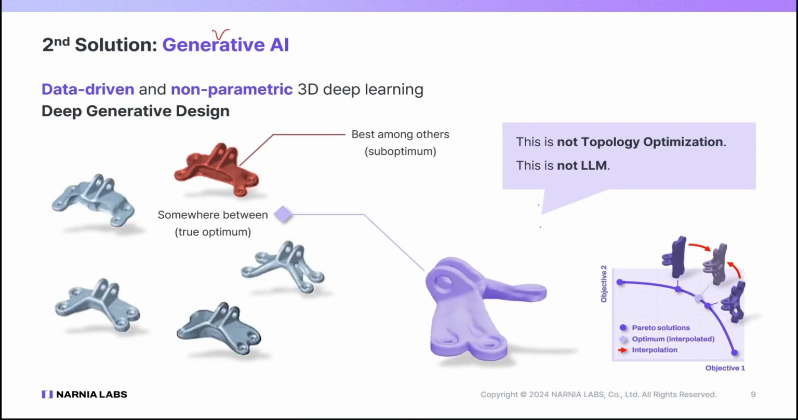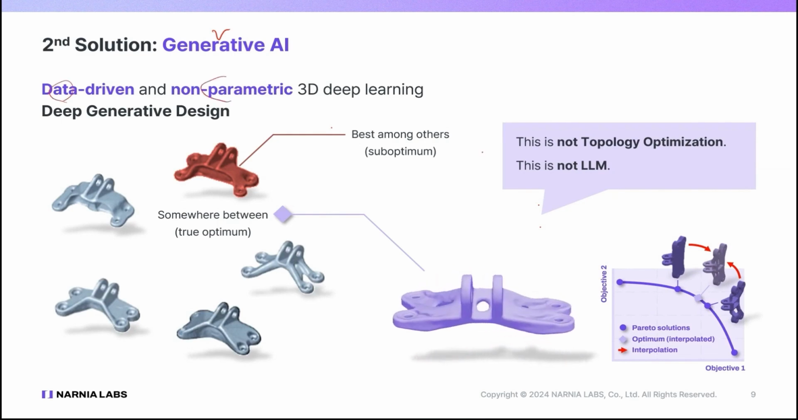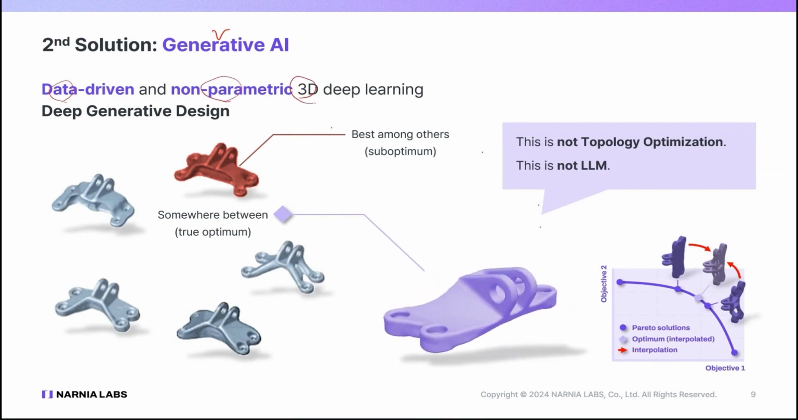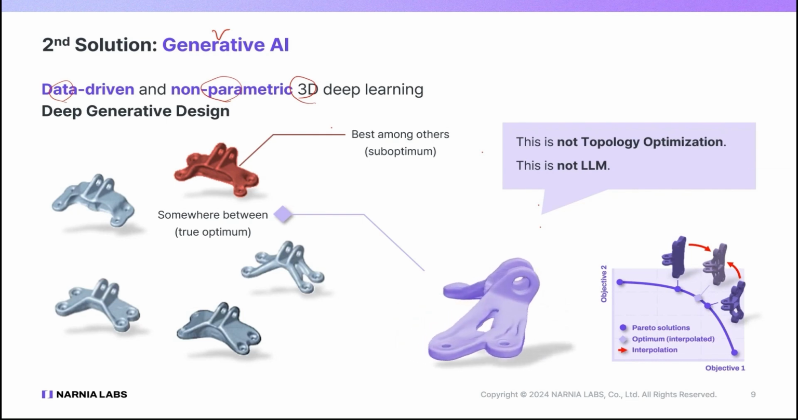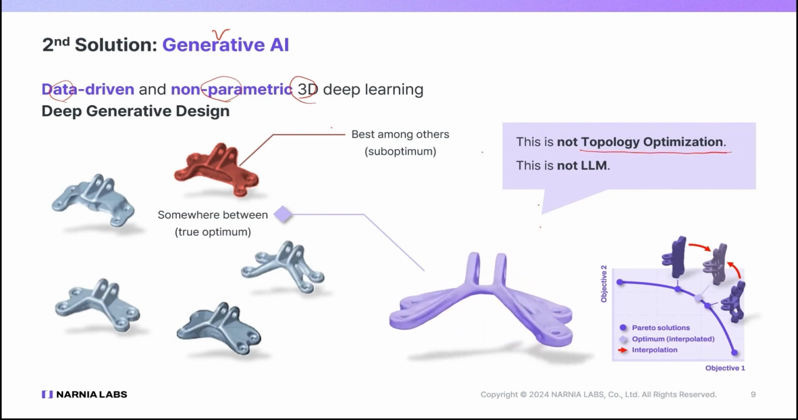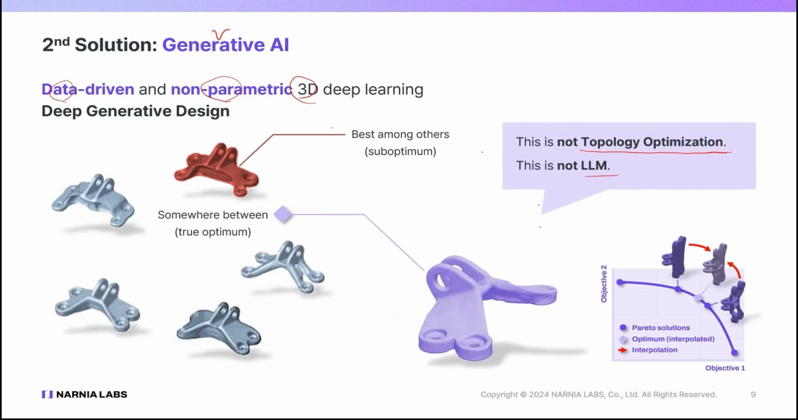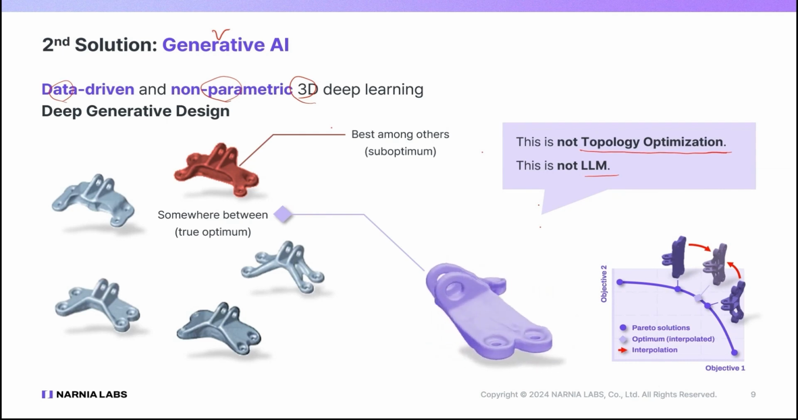In engineering design, generative AI refers to deep generative design technology that uses data-based, parametric 3D deep learning. This technology is different from topology optimization as discussed in planning and design. It is also not an LLM like ChatGPT. For example, if a company has